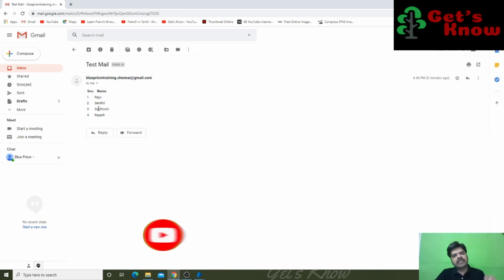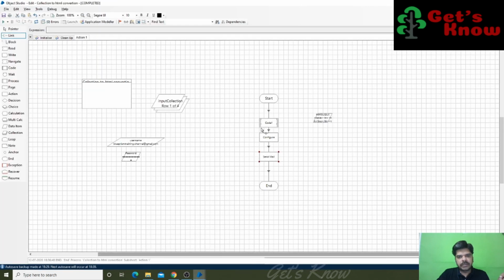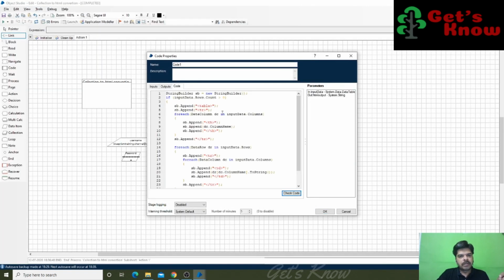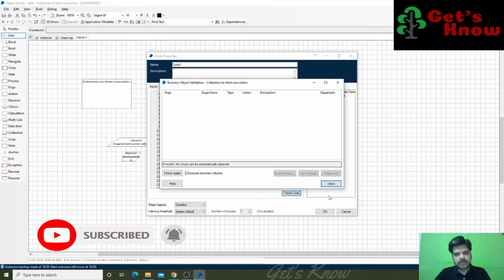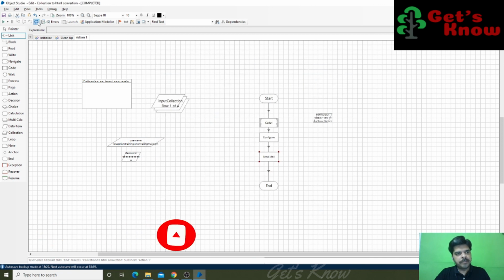So this is the way we can send the mail in the table format. Suppose if you want to mention the border, yes, we can do it. How? Same one. Go to the object, and here the table attribute border equal to, you can give the value, whatever value you want to use as the border value. So no error, and okay.